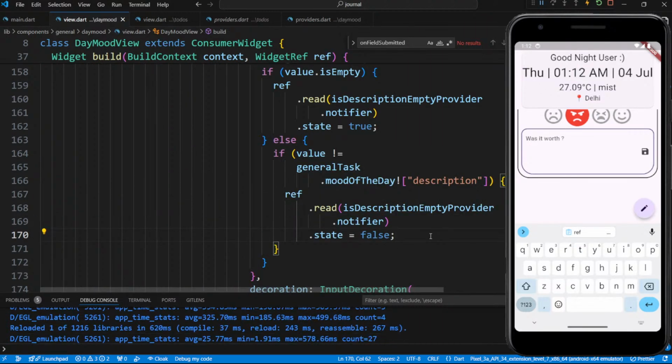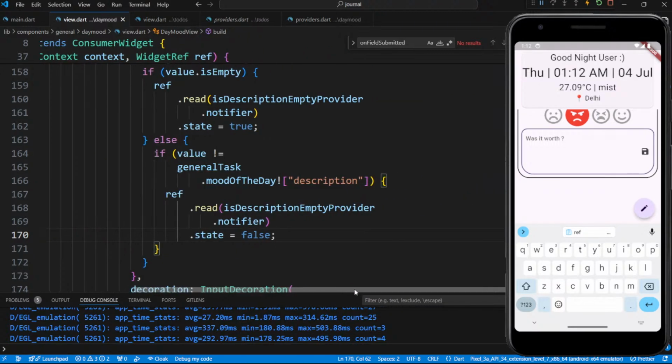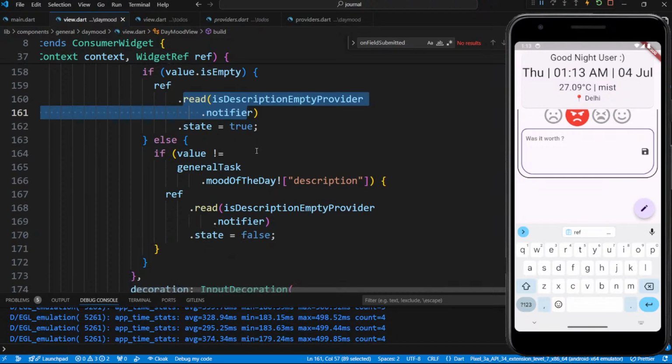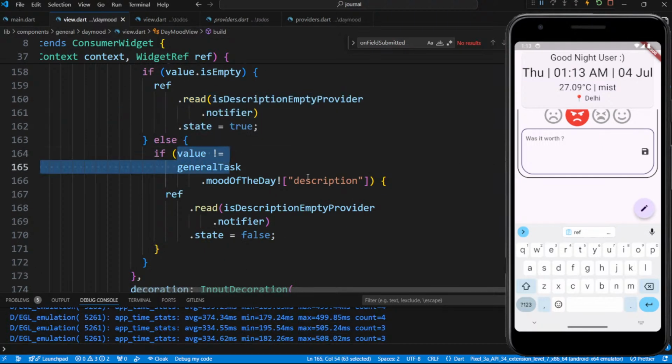So what I'm expecting from this is, if it's empty, then directly make it true, that is you cannot save it if it's the same thing. But if it's also not equal to the description that is coming from the database,